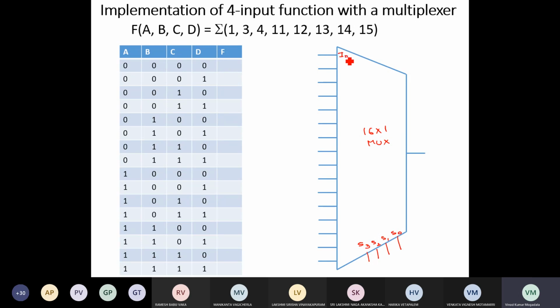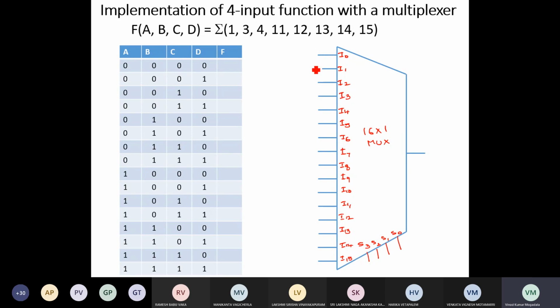So this will be I0, I1, I2, I3, I4, I5, I6, I7, I8, I9, I10, I11, I12, I13, I14, and the last one is I15.